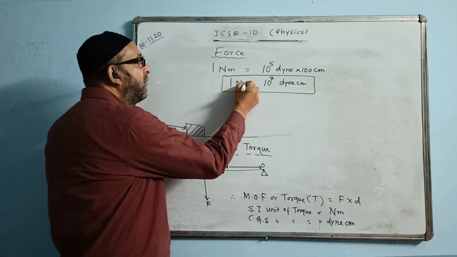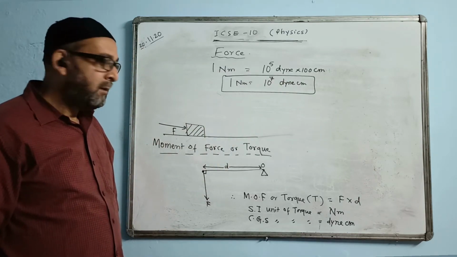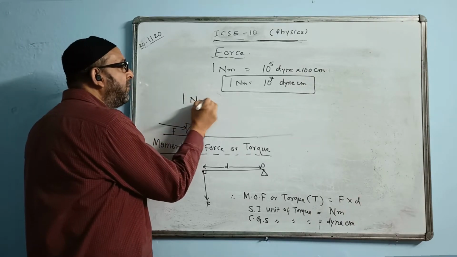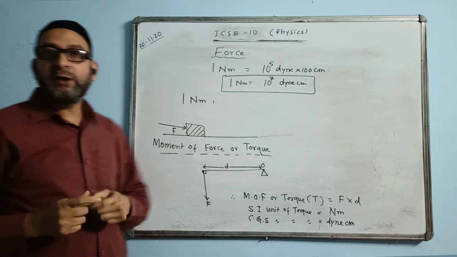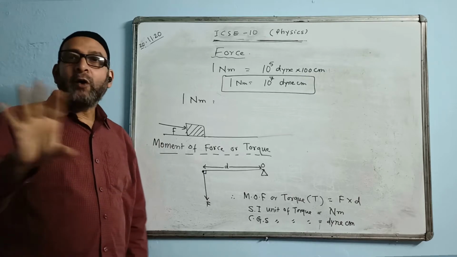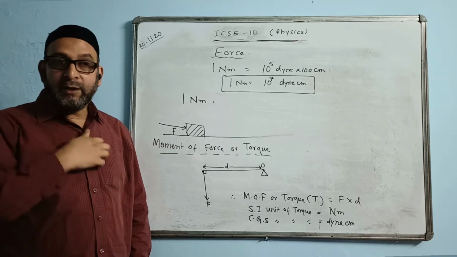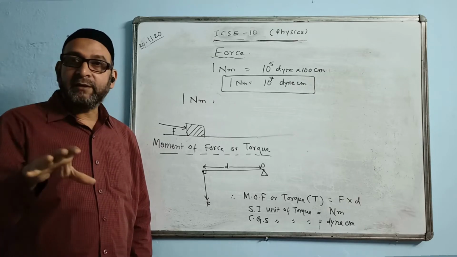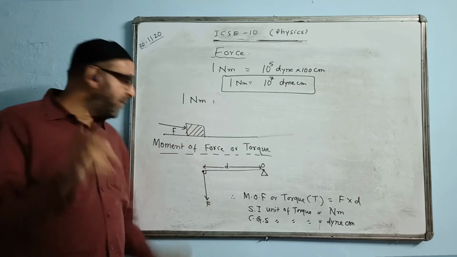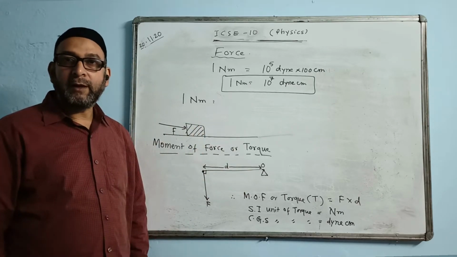Sorry, 1 Newton meter you should write. 1 Nm is equal to 10 to the power of 7 dyne centimeter. You may have a question: define 1 Nm, define 1 Newton meter. The question may come like this. How to define 1 Nm? Somehow you have to mention that Nm is for torque or the turning effect. You have to mention turning effect in your definition. And by how much force? 1 Newton force. And how much should be the distance? 1 meter. Then 1 into 1 multiplies, the answer will come 1 Nm.